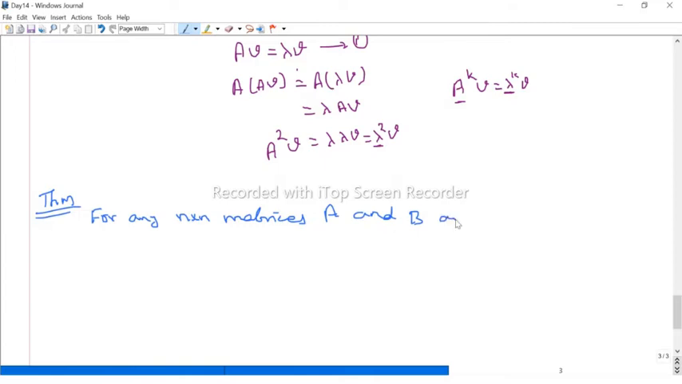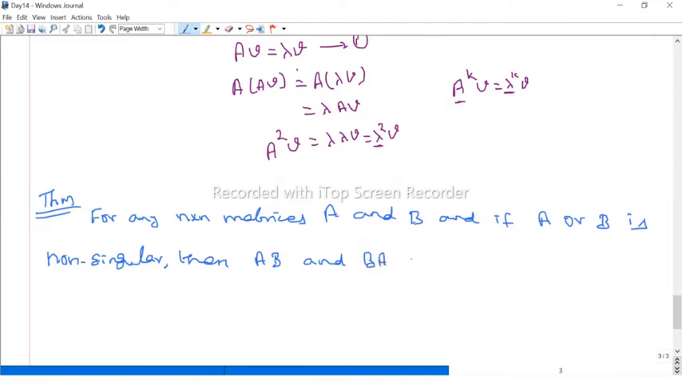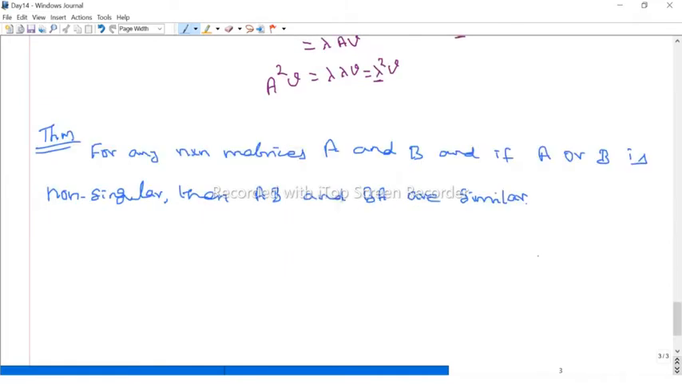If A or B is non-singular, non-singular meaning invertible, then the products AB and BA are similar. Why? That means we can find an invertible matrix such that one matrix, AB, can be written as the inverse of the other matrix, that is,